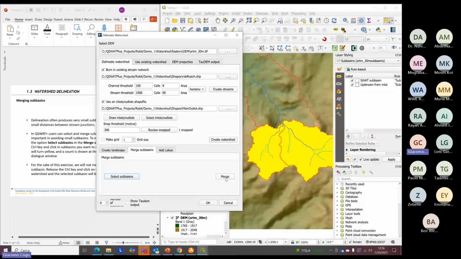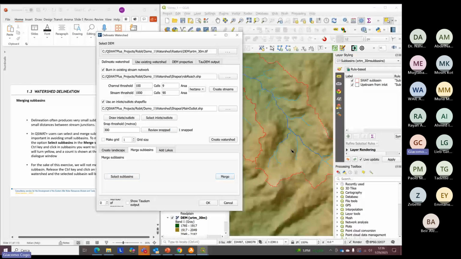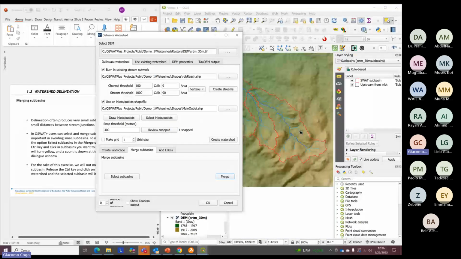Then there is this merge button. I actually click on merge. Okay, and they are actually merged to their basin that's downstream of them. So we now don't have these two small subbasins that I wanted to remove, but they are included in the